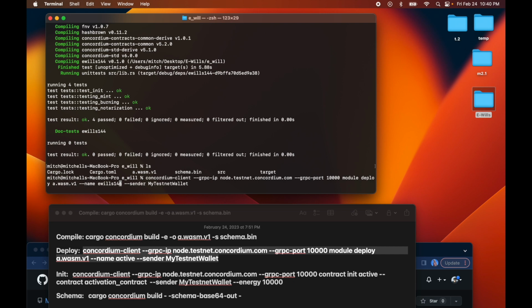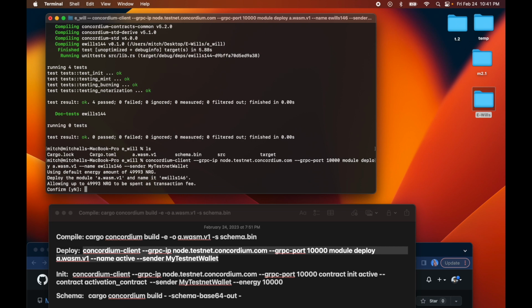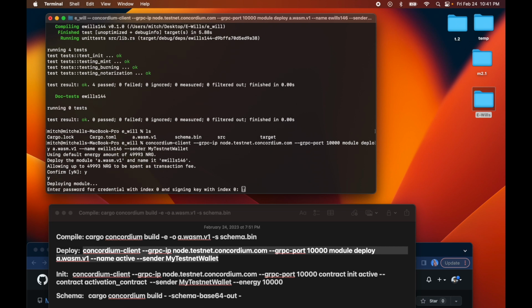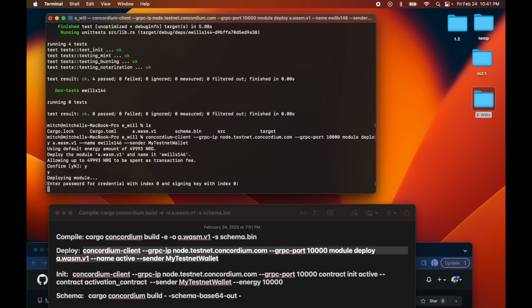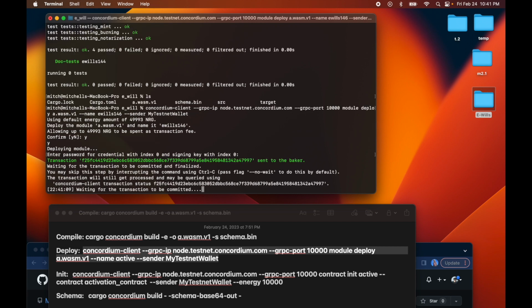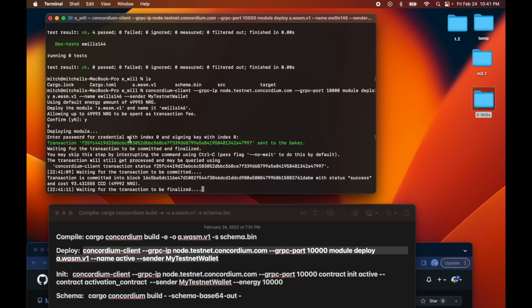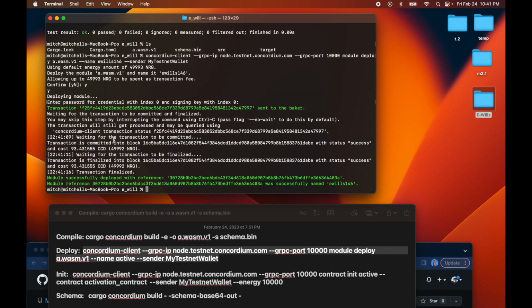There we go. Okay. And if you don't have Concordium client installed, I also recommend going to the Concordium website for a good tutorial on how to get that set up. So I'm going to run this, confirm, password. Okay, so here you can see our transaction for deploying. All right, so we'll need this reference